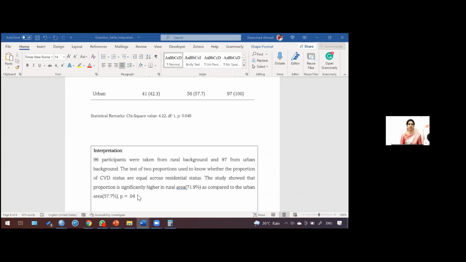So this is the way we interpret the chi-square test of homogeneity. So it is of two proportion only. So this chi-square, the two proportion test, is applicable for two proportions. If we have more than two proportions, then we have another test that is chi-square only, but that is another variant of chi-square. But we are not telling you that.